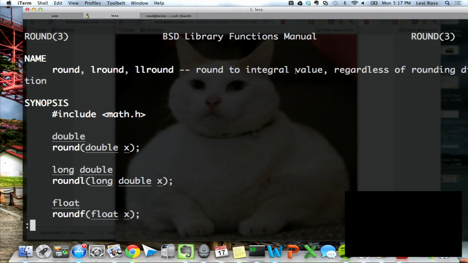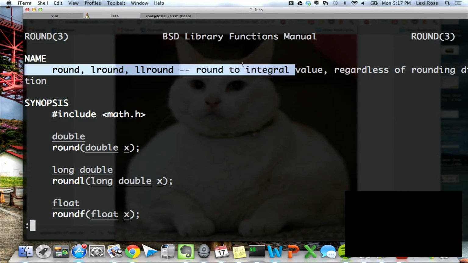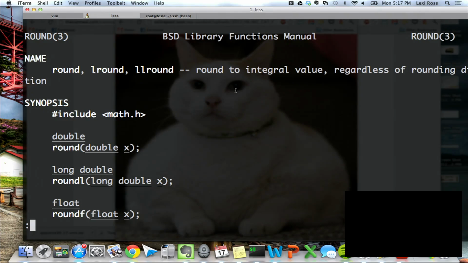Yeah, so the question is, since rounding, as the man page says, rounds to the nearest integral value, does that mean that one would want to multiply by 100, do the rounding, and then divide again by 100 to get the correct dollars and cents value? And the answer is, wait, no? Well, maybe so, we should do that. No, I mean, if